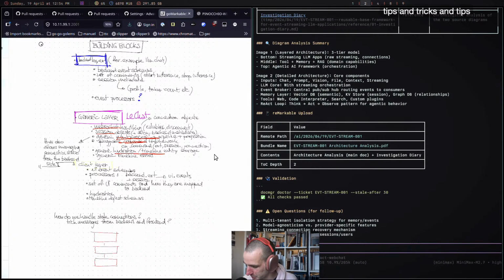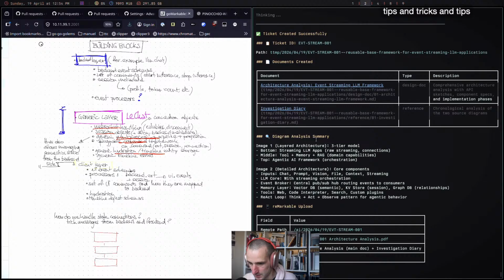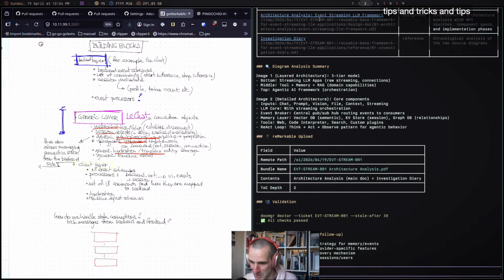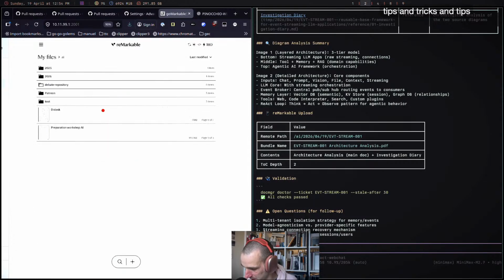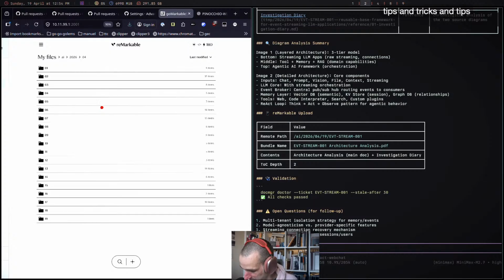So what I want to build today is this part here. And I hope I gave it enough thought to hopefully have something that works at the end. And I'm very, very curious to see if Minimax was able to understand the diagram. That's the first thing. It's totally possible that it didn't understand anything and I will just have to write it by hand.